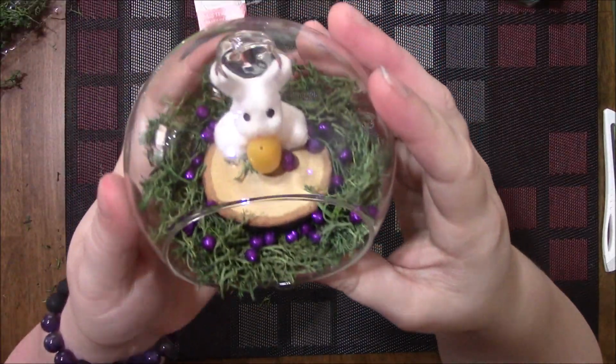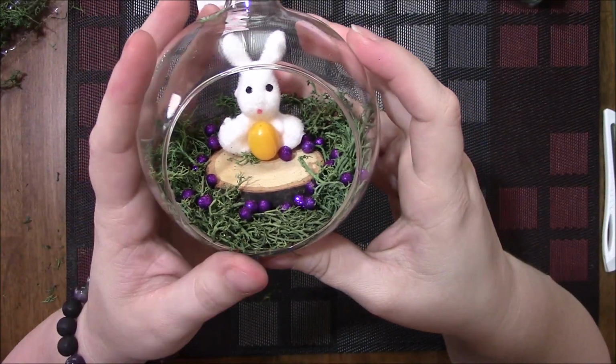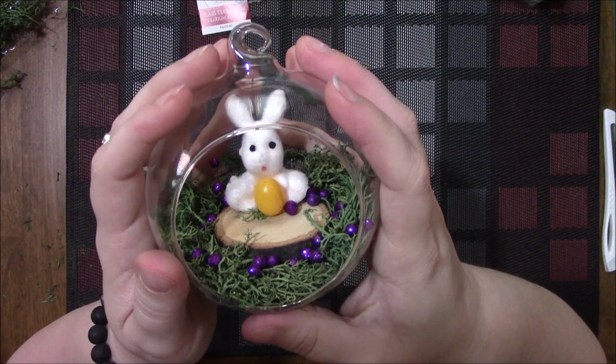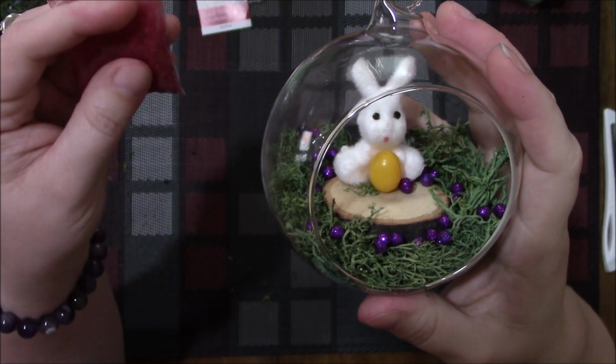And there we go. That is what I was doing for my Easter DIY. And I'm gonna have this hanging, like I said, in the window so you can see it. And I will put a little clip at the end. And I'm going to put these,